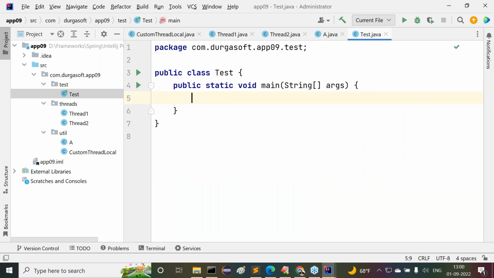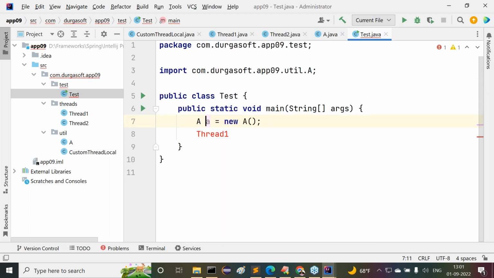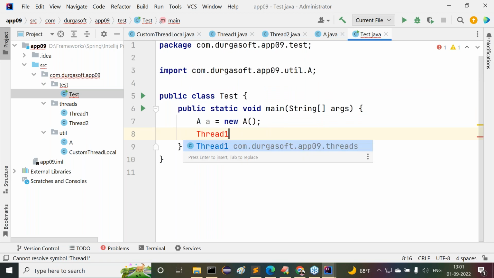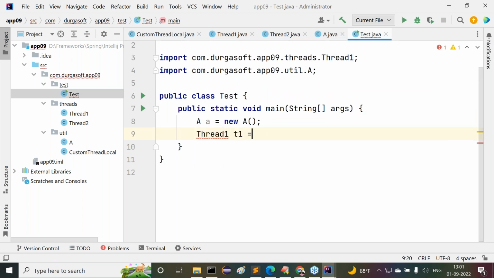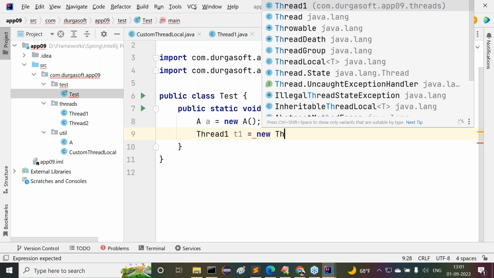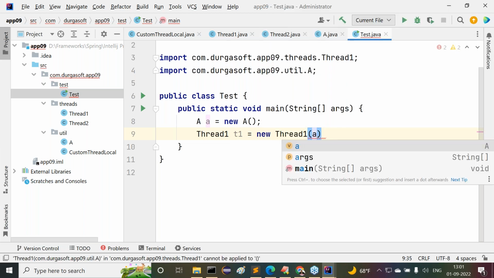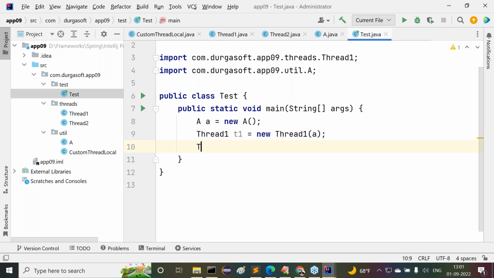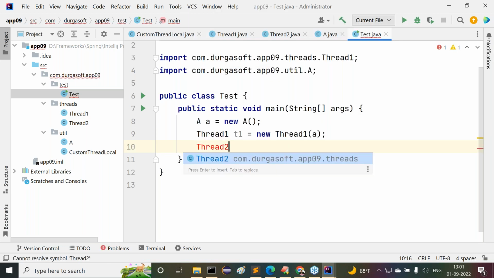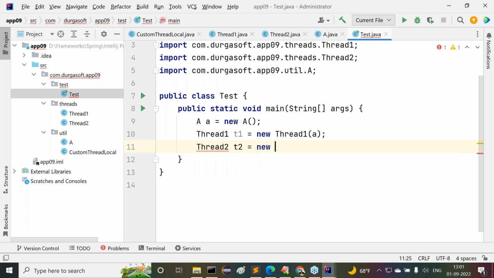Inside this main method, first of all, create an object for class A here. Then create a Thread1 object. Both here we have to import. Next, Thread1 also we have to import. Thread1 t1 is equal to new Thread1(a); semicolon. Now let me create Thread2: t2 is equal to new Thread2(a). That means observe clearly, two threads we created where we passed a as a parameter